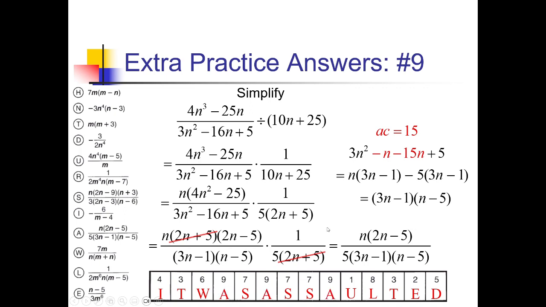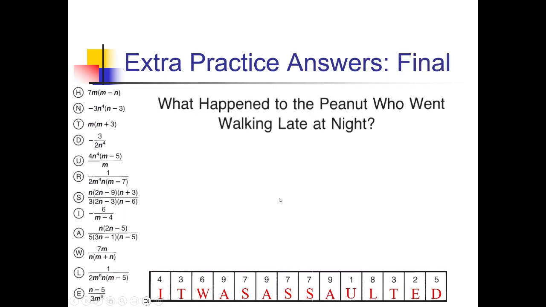And now we can go ahead and solve the puzzle. All right, it's riddle time. We want to know what happened to the peanut who went walking late at night. It was, oh, this is a long word, assaulted. Oh, it was assaulted because peanuts get salted. Yeah, okay,